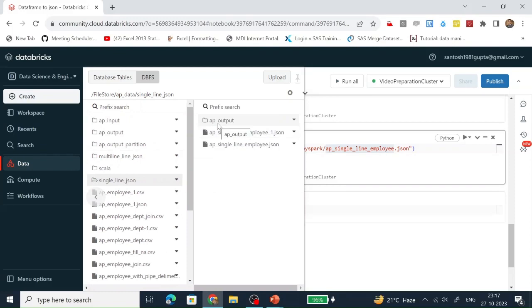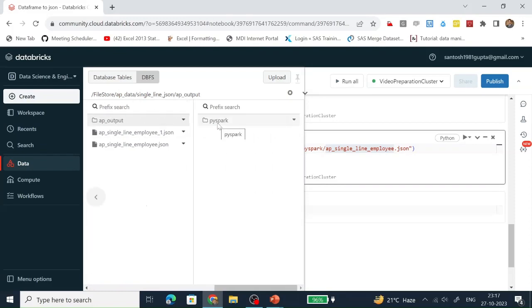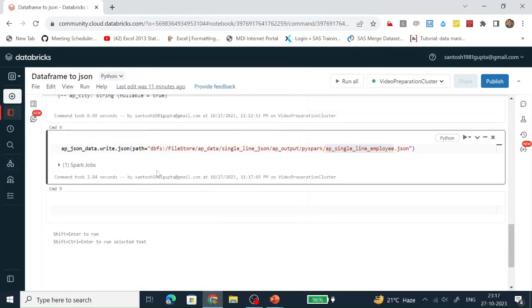So we have created one ap_output folder under single line JSON. Within the ap_output folder we have created a PySpark folder, and see, this is the JSON which we have just created based on the data which is present in this data frame.